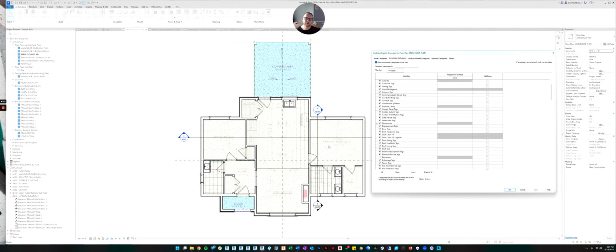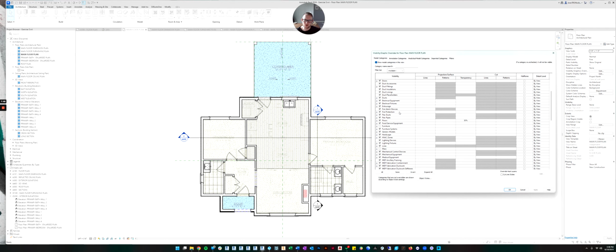Now you have to be careful because when you turn off the elevations, it will turn off both exterior elevation markers and interior elevations. So sometimes you have a view where you maybe want to show the exterior and not the interior, or vice versa. And in that case, you would use something called a filter, which is beyond this class's scope, but just know that if you ever need that, you're going to have to do something a little more advanced than what I'm showing you right now.